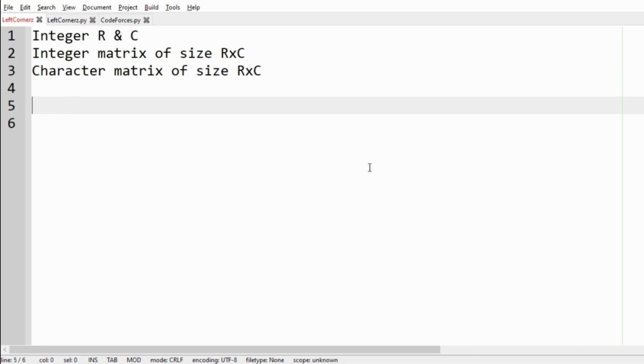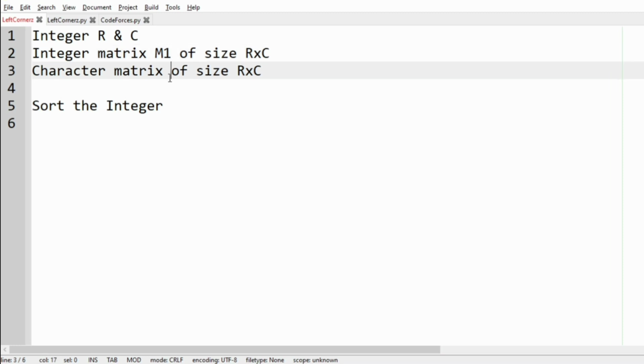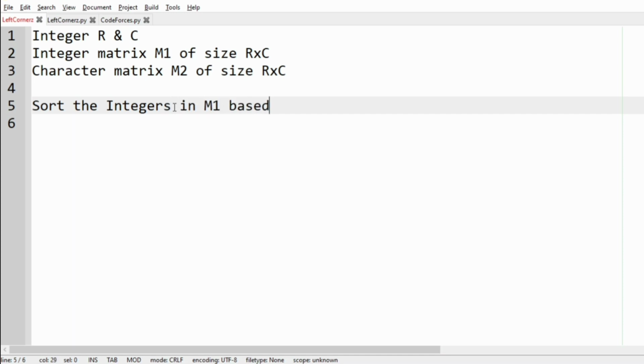So after getting the inputs, we must sort the integers. Here it is m1 and this character matrix is m2. So we have to sort the integers in m1 based on the position of the characters in m2,